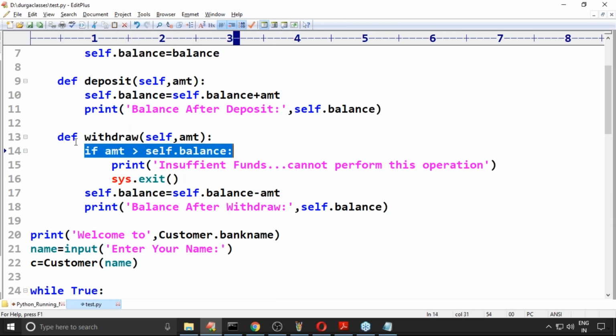Yes, obviously it is, because balance is currently 0, and you are expecting 1000 rupees from 0 balance, so immediately "insufficient funds, can't perform this operation" is going to execute. Clear, right?